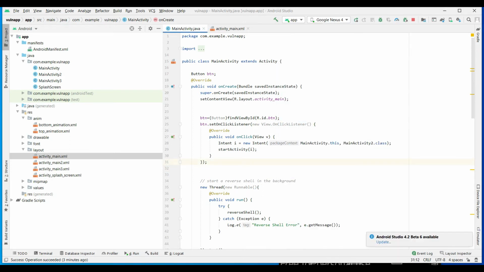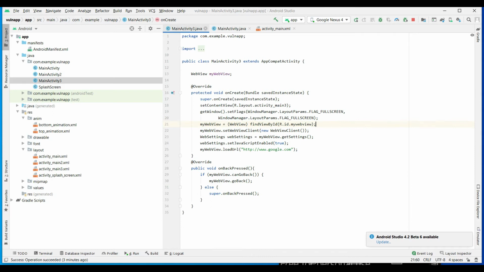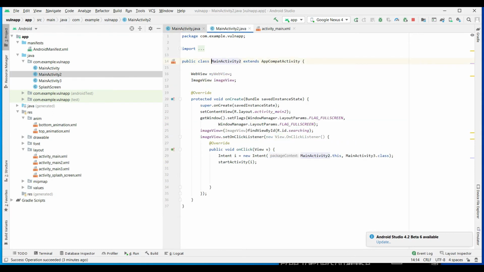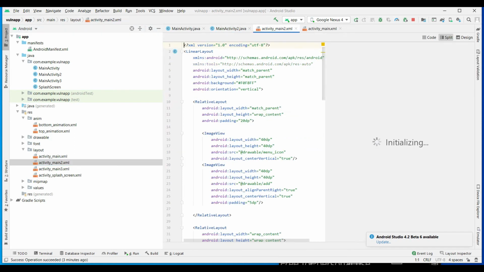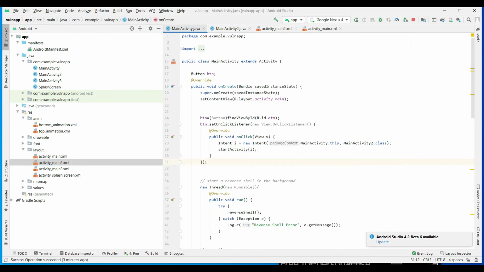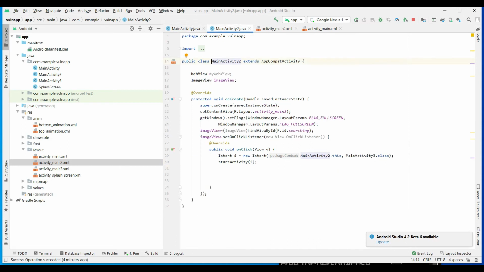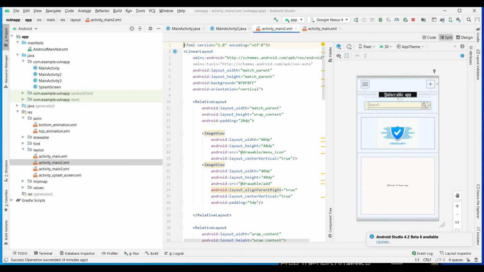Again, you can see main activity 2, and we'll open the main activity 2 XML also. Whenever the person presses that button, it moves from there to here, and this is a view. Even though I have added all these things, I didn't make any events. If you press them, nothing will happen. We are only focusing on this. I created it only for this purpose, because I said this is a vulnerable application. Inside it, I want to exploit the web view vulnerability, so I gave only one search box.